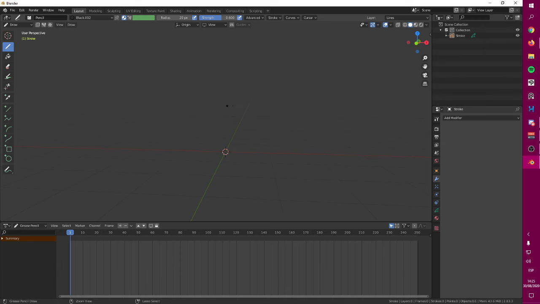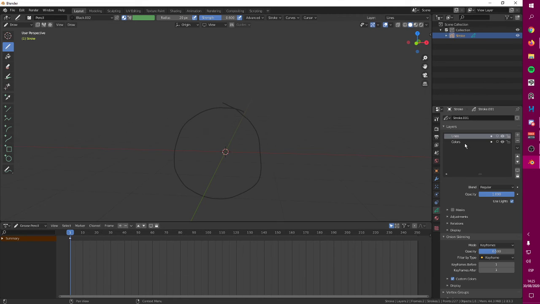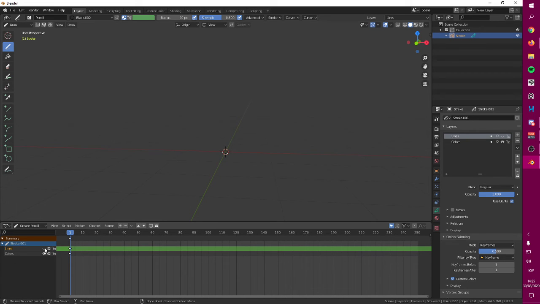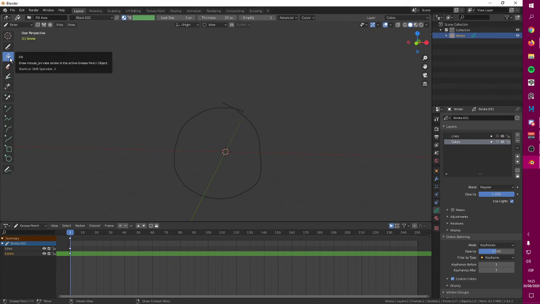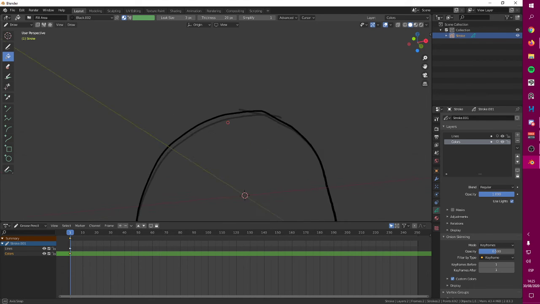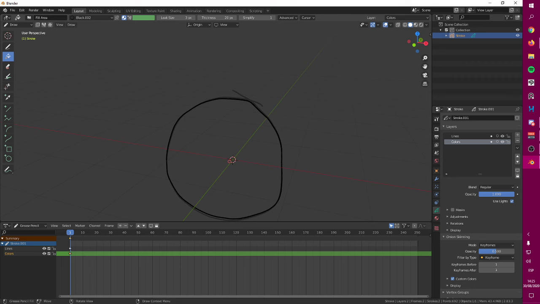Let's create something like this. The fill tool is a tool that I don't like too much, to be honest, when using Blender. But let me see, okay. In order to use it, you just have to create something like this and then select this tool. But what happens if you want to paint this black? You're not going to paint anything in here. Why is that?